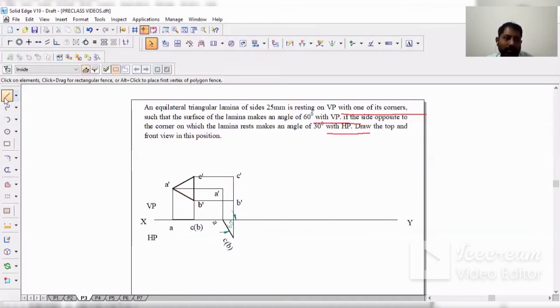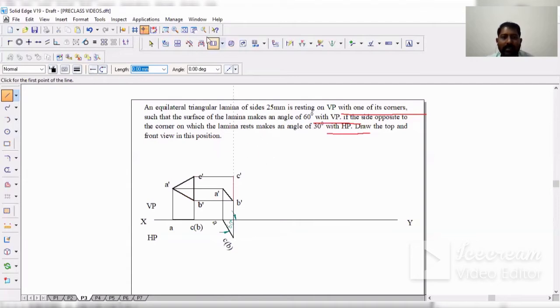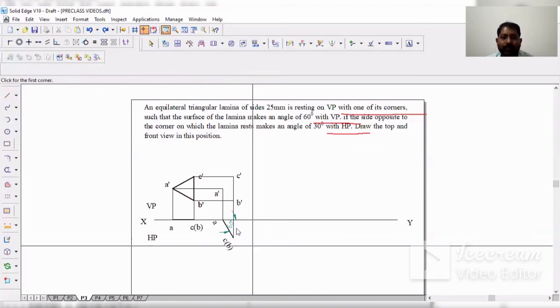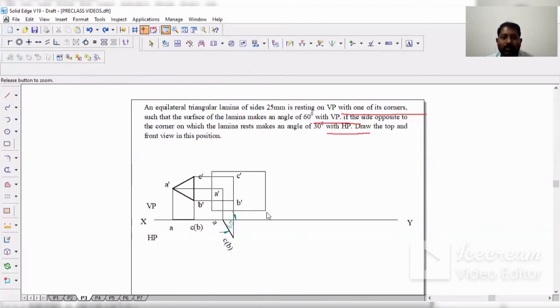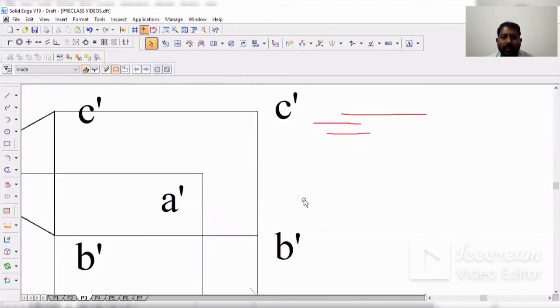Next, what you need to do, select the line command. Thickness of the line is 0.5. Join A to B. Sorry, it's not exact. Do undo. I'll zoom this portion. Then I'll go to the line command.